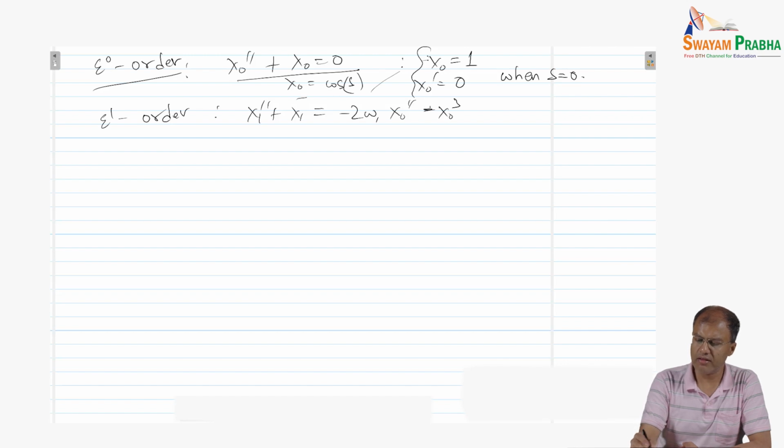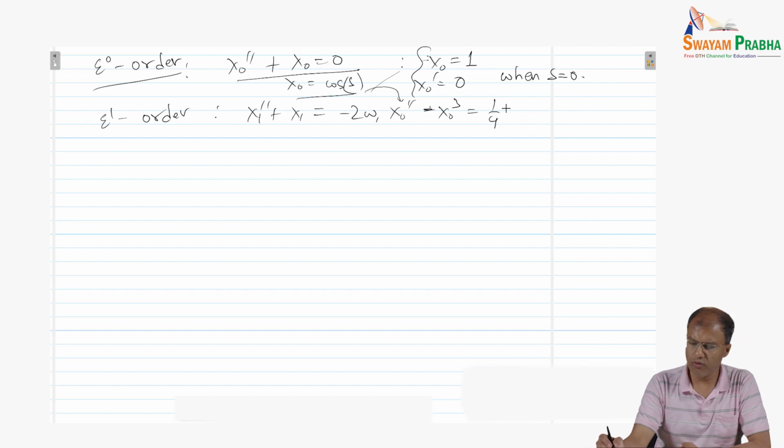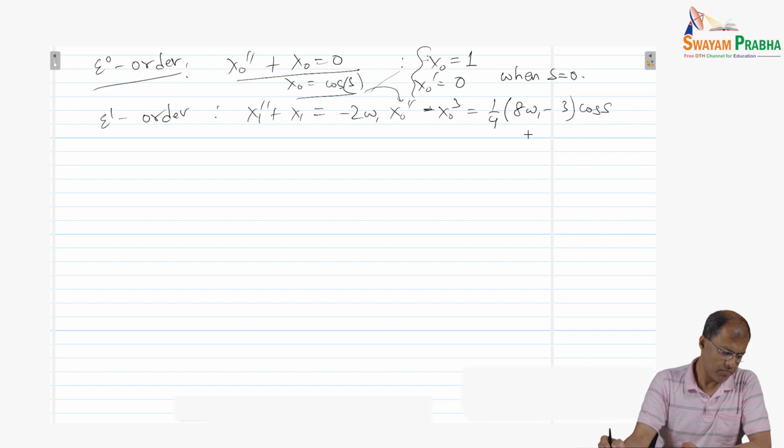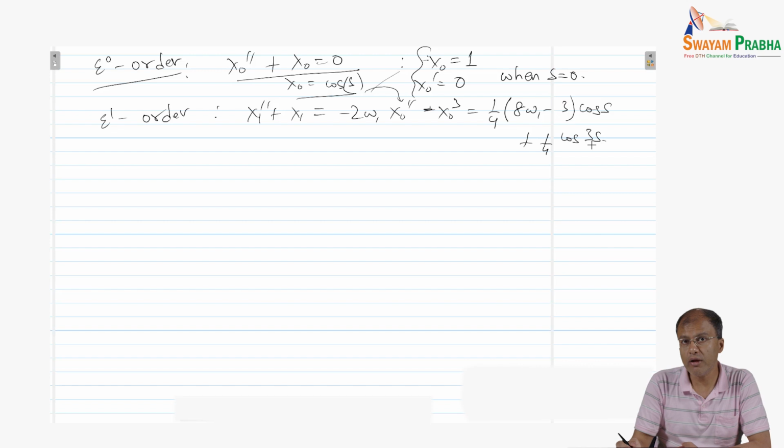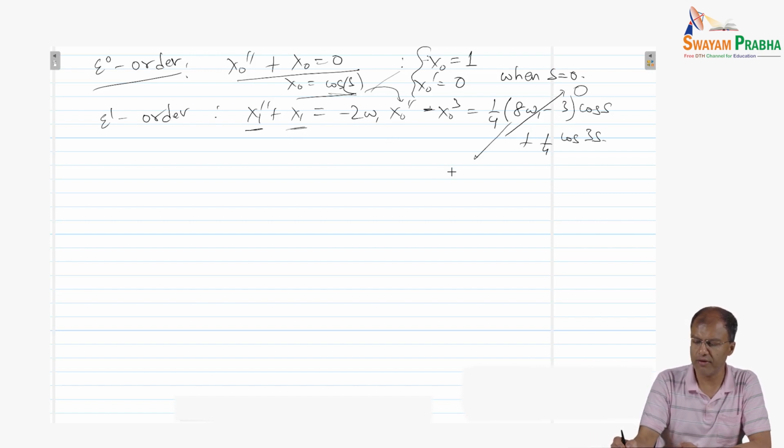And we can plug this information here in the second equation, and we see that this is also equal to 1/4 times 8 omega 1 minus 3 cos s plus 1/4 cos 3s, right? Remember, we want periodic solutions. We want x0 periodic because it's cos s. We want x1 also to be periodic, so we take this term equal to 0, and that gives us the fact that omega 1 is 3/8